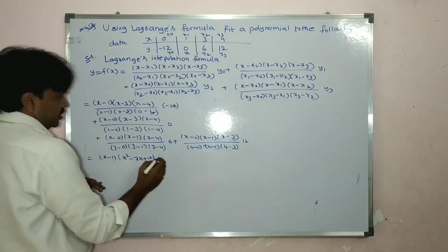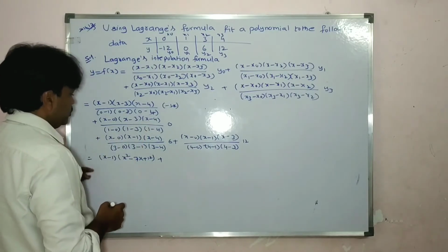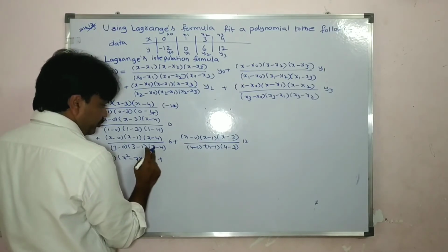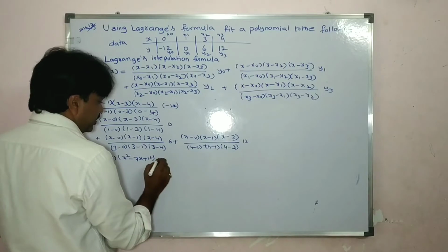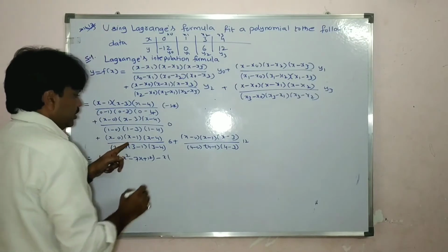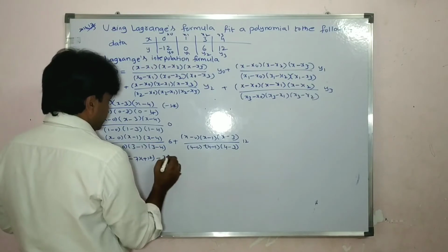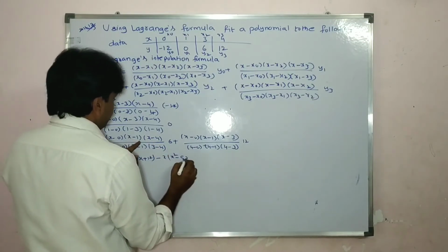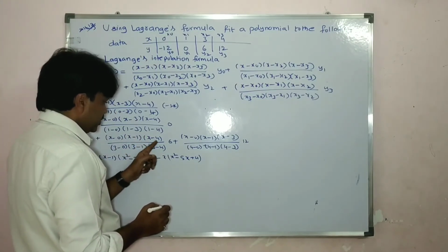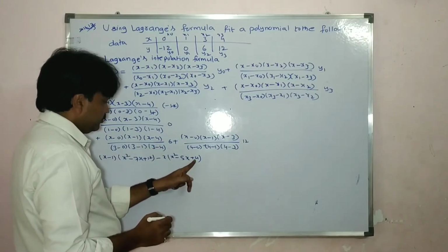This is about the first term, plus the second term we have 0, so the value is 0. See here, 3 minus 0, 3 minus 1, 3 minus 4. Here we get negative, 3 minus 4, we get minus. So we get here x into, multiply here, x square minus 5x plus 4, because x into minus 4, minus 1 into x, minus 4 minus 1 is minus 5x, minus 1 into minus 4 is plus 4, divided by,